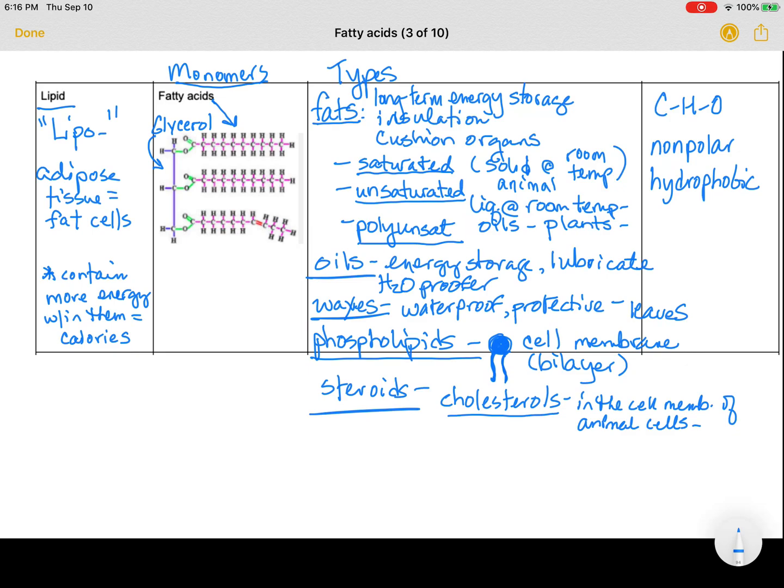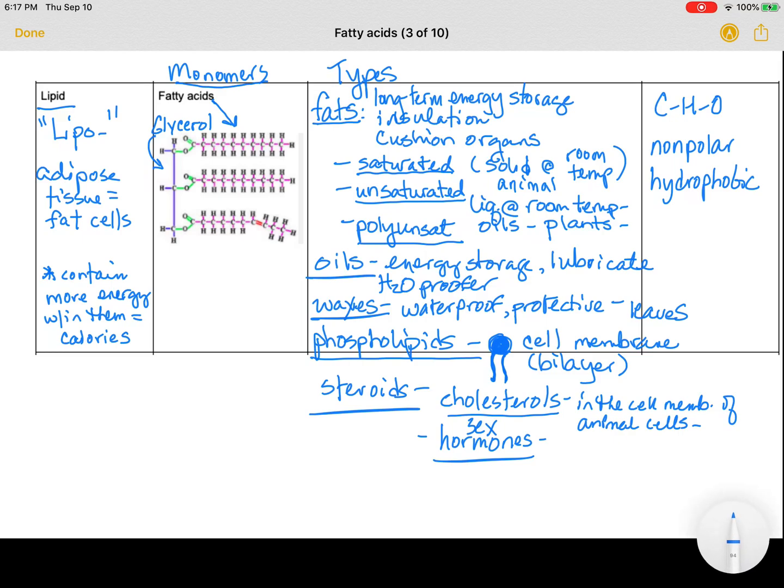And what they do is they act as kind of spacers in between these phospholipids and keep them from sticking together and clumping together. Plant cell membranes do not have these cholesterols. And so when we look at the cell membrane, we'll go back and refer to that and talk a little bit more about it. Also, they are hormones,